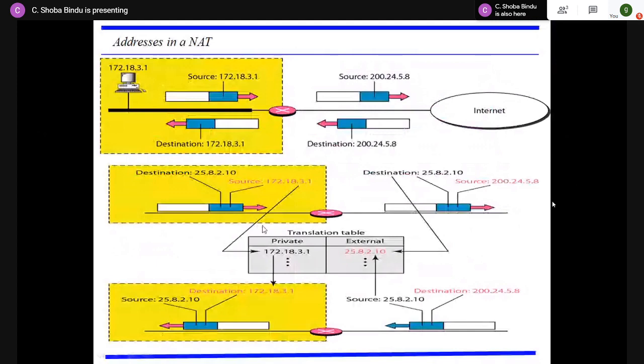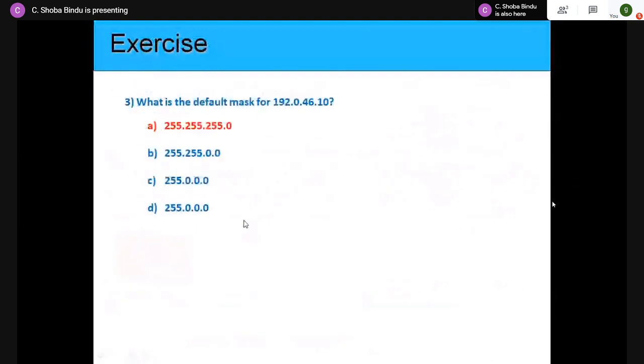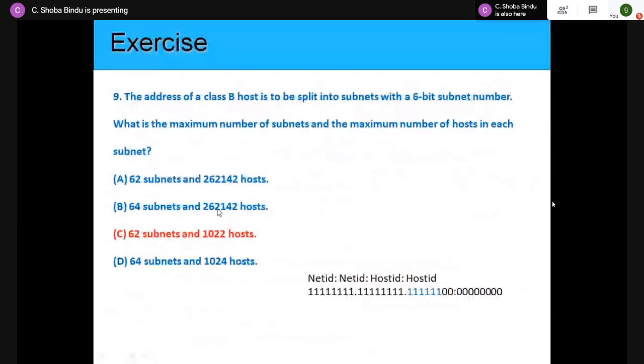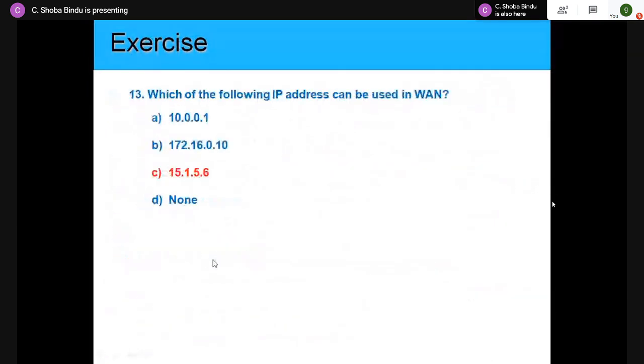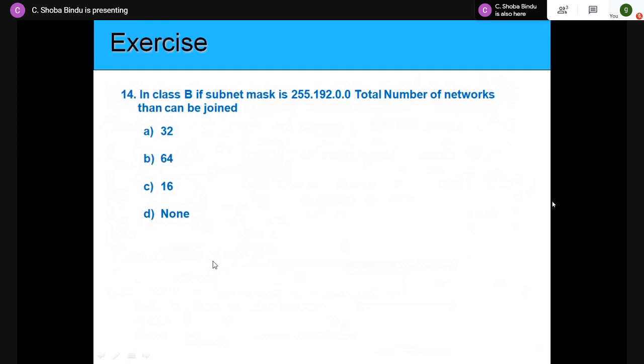So which does not fall within this range that can be used as the IP address in the WAN? Those are the public IPs, so that can be used here. So the last question. In class B, if the subnet mask is this, the total number of networks that can be